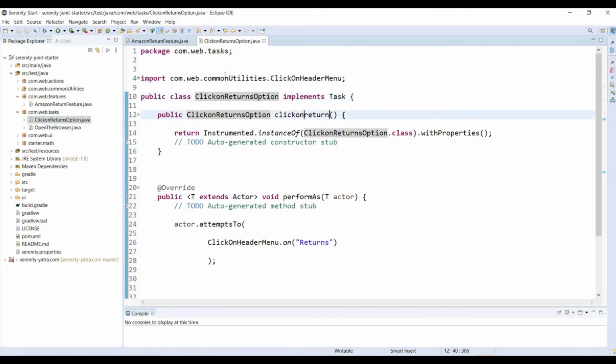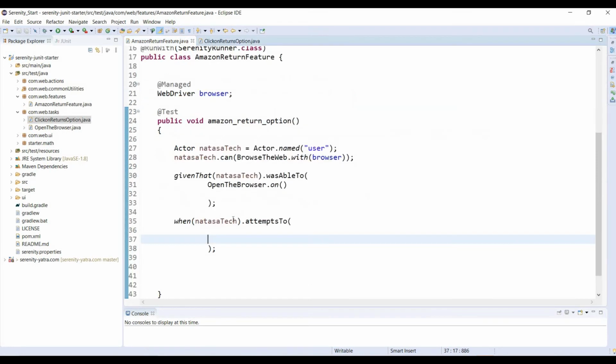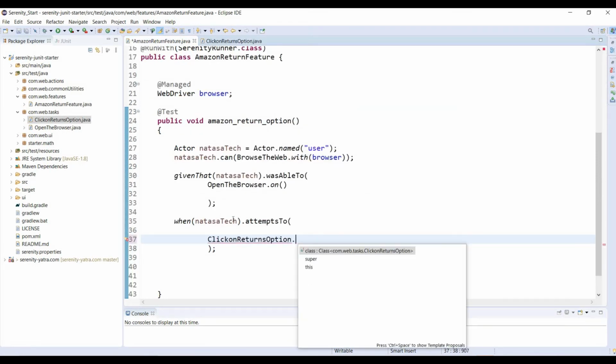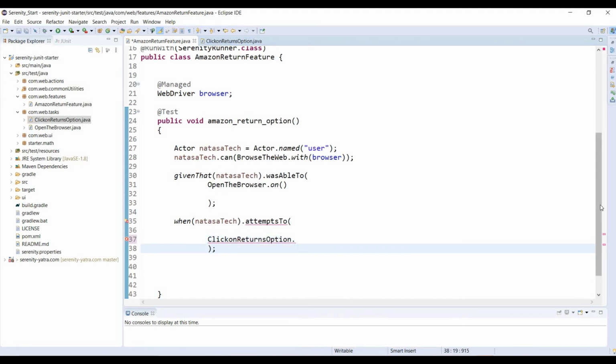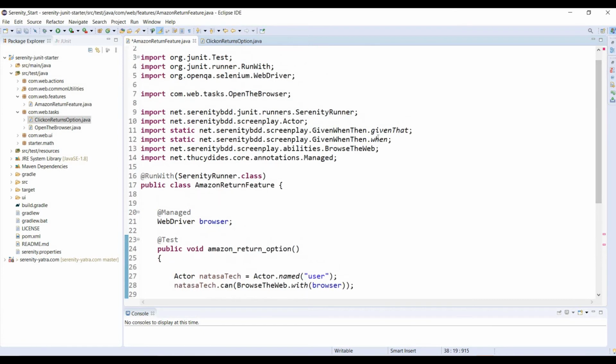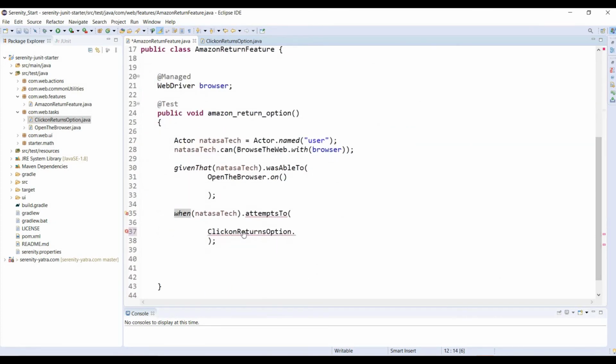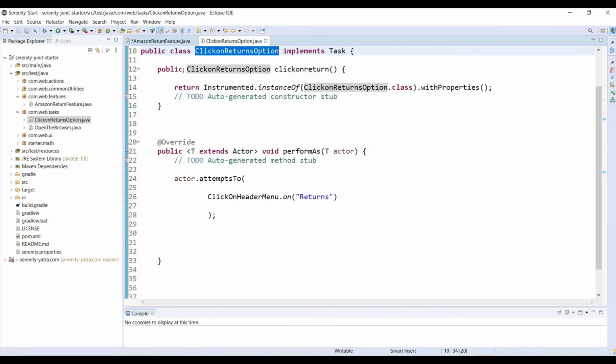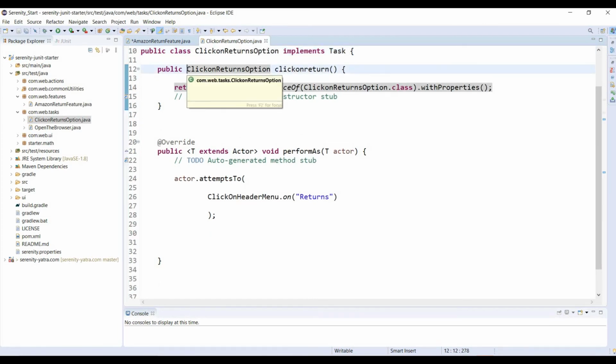This is the method name. Put dot, enter. Here I didn't get the suggested method name, right? So what is the mistake? These given, when, then packages are static ones, and static will support static methods only, right? So in that case you should change this task method, the task name, to the static one.